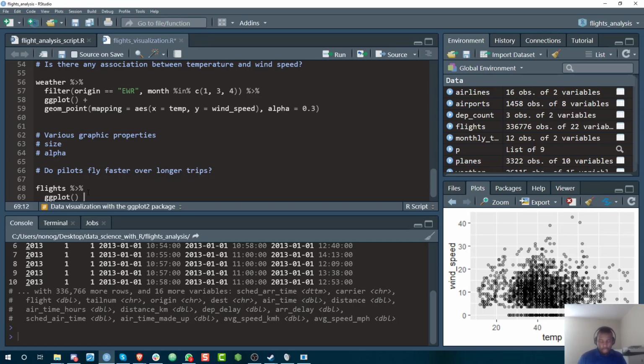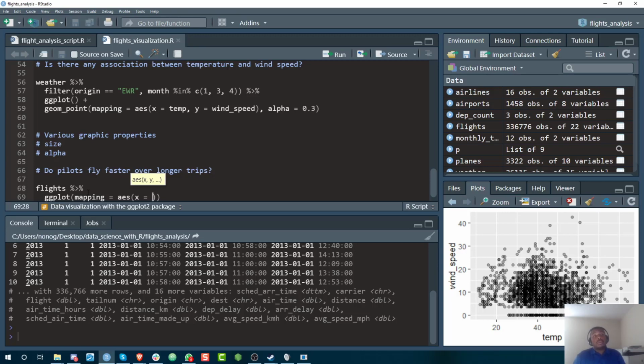Okay. And this time around, just so that we can switch things up a little bit, let me put the mapping inside ggplot instead of putting it inside the geom. So on the x-axis, now I don't really understand the theory behind climate stuff, like wind speed and temperature. But when you're trying to look at the relationship between two variables, the choice of x and of y is very important,